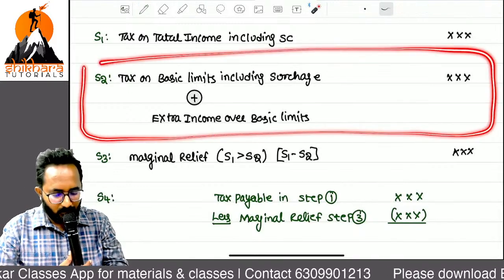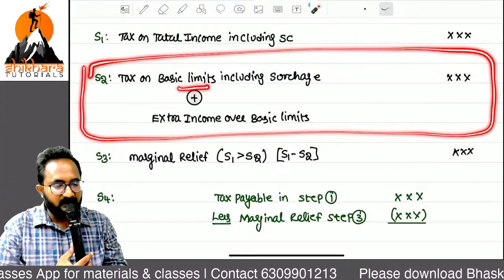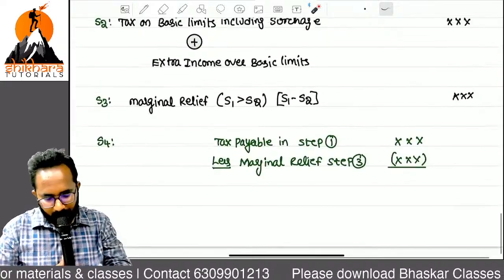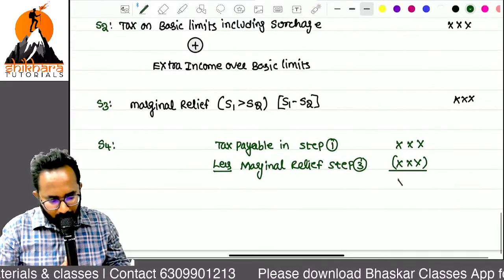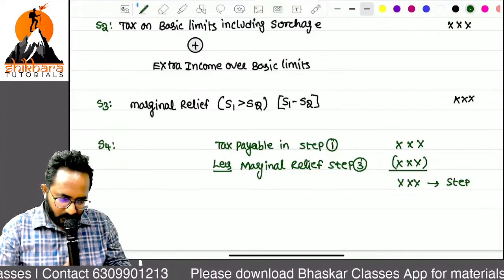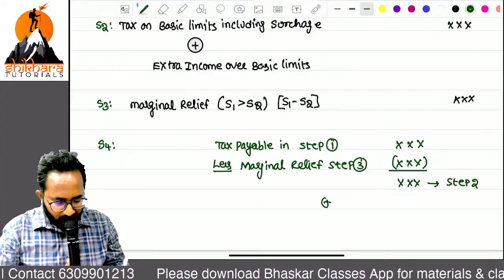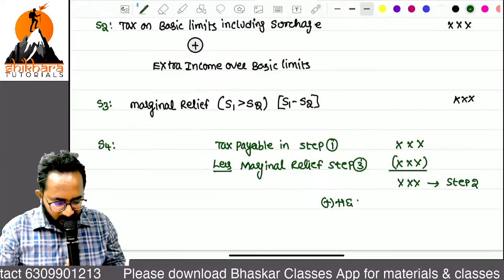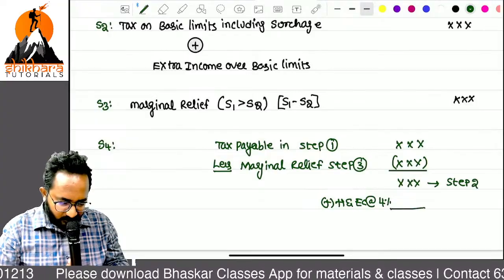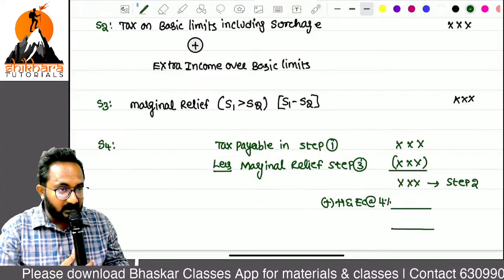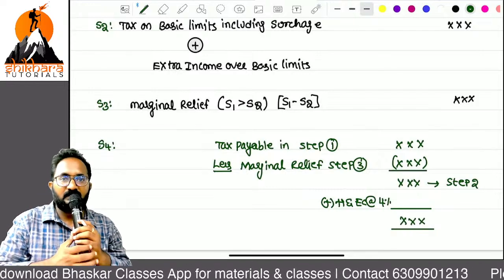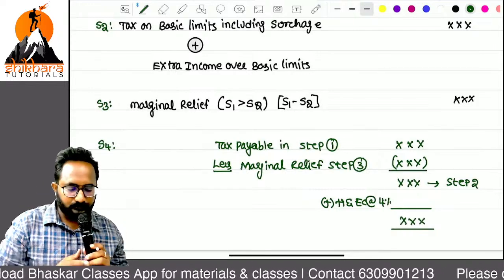That means the government is also accepting the tax on the basic limit, and on the excess income they totally want to take. So whatever amount you got, simply that is step 2 only, a shortcut. For this we have to add what, ma? Health and education cess. In every step we are not adding the health and education cess. After getting that marginal relief, then only you have to add the health and education cess. Are you clear, ma? Steps.